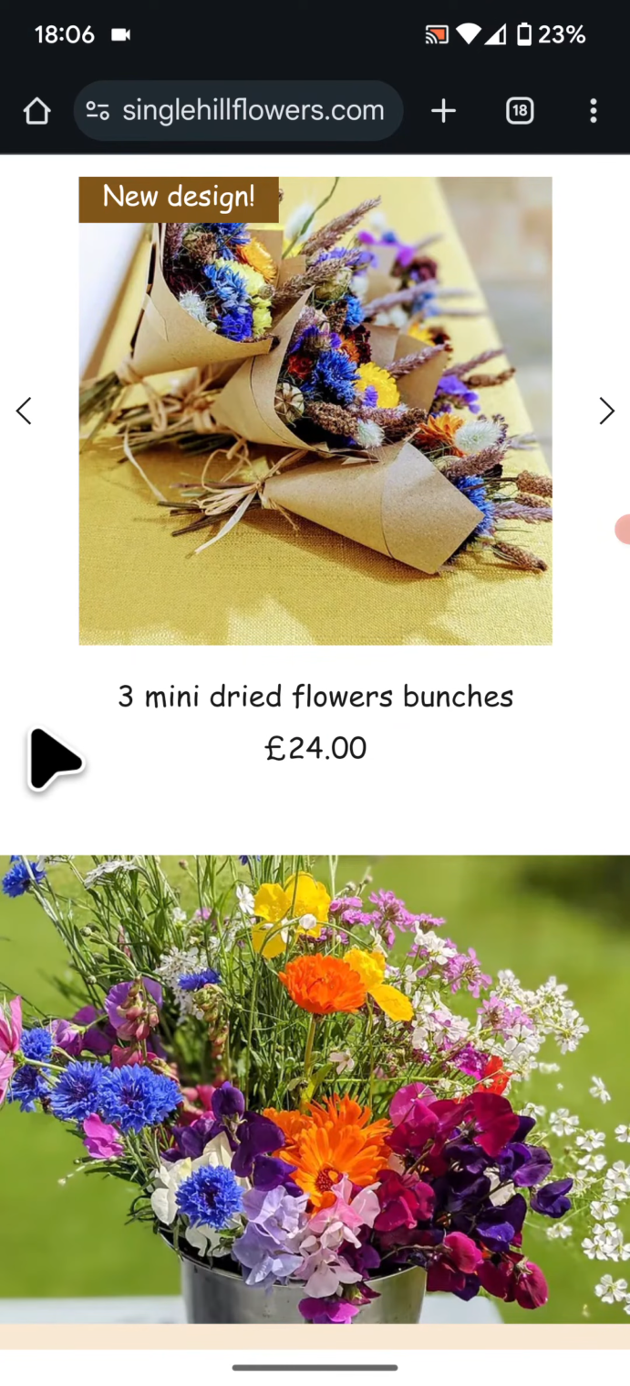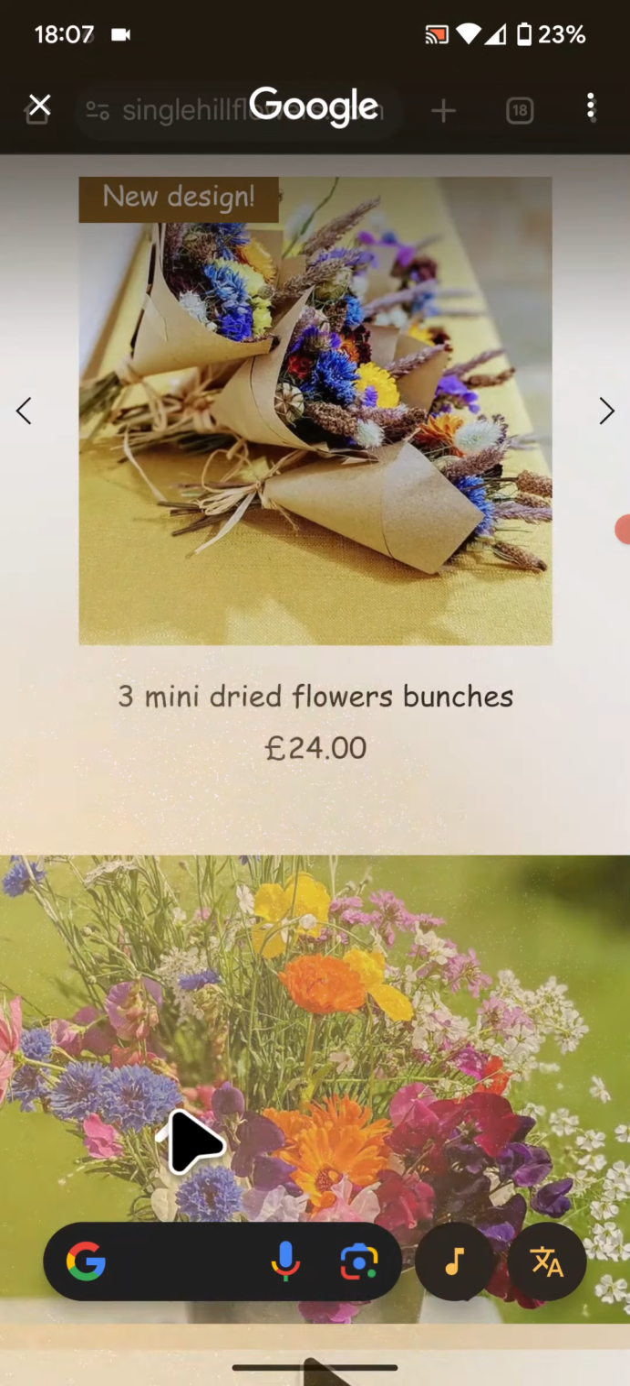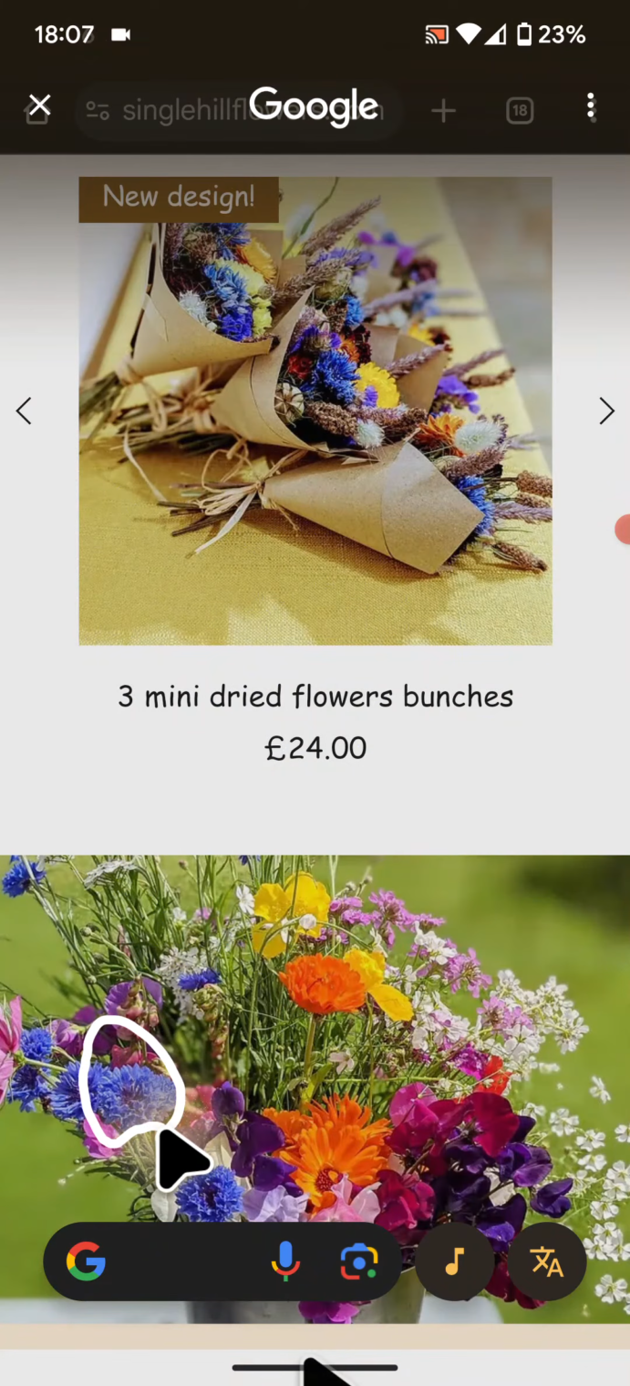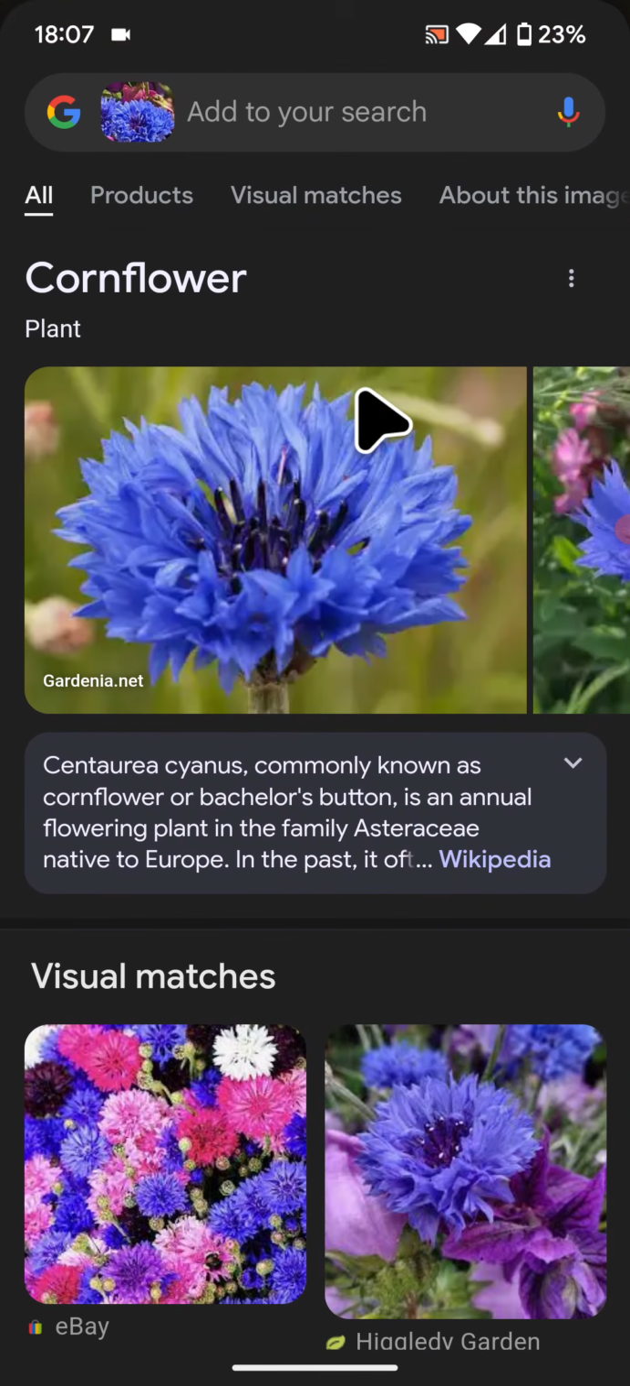For example, if I want to identify one of the flowers in the picture, I will tap and hold the handle at the bottom of the screen. Then I'll circle one of the flowers. As you can see, the flower has been identified as a cornflower. It's a simple way to identify the name of any object in a picture or on the web using your